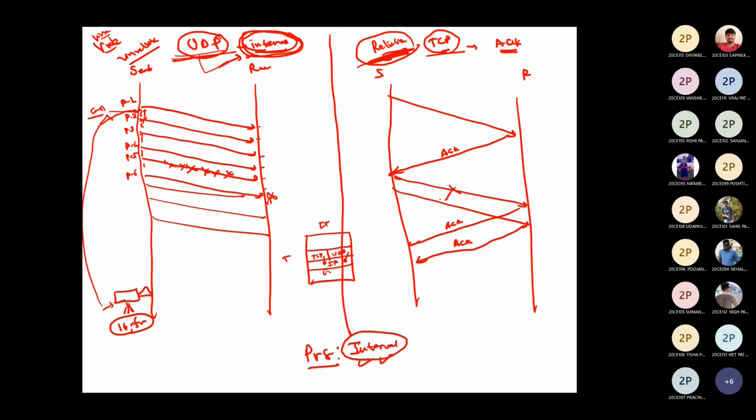If the packet is dropped, it will not receive an acknowledgement. If it is not receiving an acknowledgement, it has to send the same packet again. This is P1, P2, P3, and this is the reaching of P2. If P2 is not received over here, the acknowledgement is not received, so it will resend P2 again. What is an acknowledgement? The receiver's transport layer will give the acknowledgement to the sender.